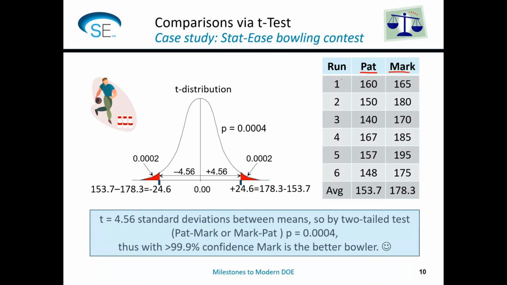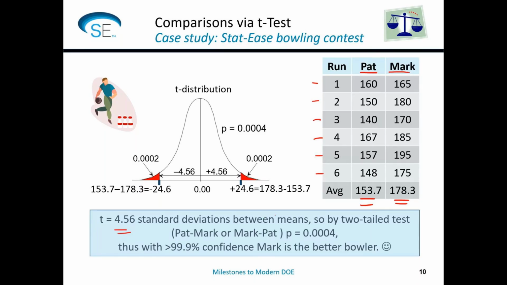So we set up this little contest where we did 6 games each. And this could be done in a totally randomized plan on 2 alleys, or it could be done as a paired test. But let's assume that it was a totally randomized plan. And so then we see that on average, I'm quite a bit higher than Pat, but is it significant statistically? Well, yes, because there's 4.56 standard